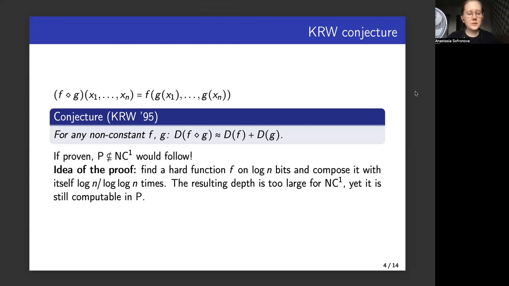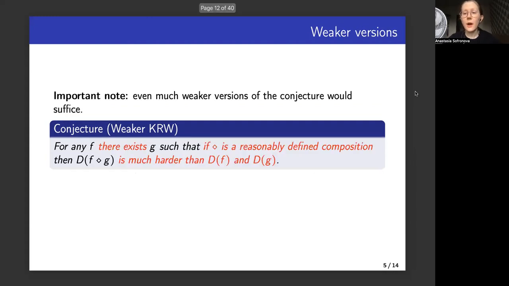And the resulting depth of this composition would be too large for NC1, yet still it would be computable in class P. Here we use that every time we compose f with itself, the depth of the formula grows sufficiently. And in fact, we don't need even the strongest version of the conjecture for this proof to work. We would do just fine with the weaker versions.